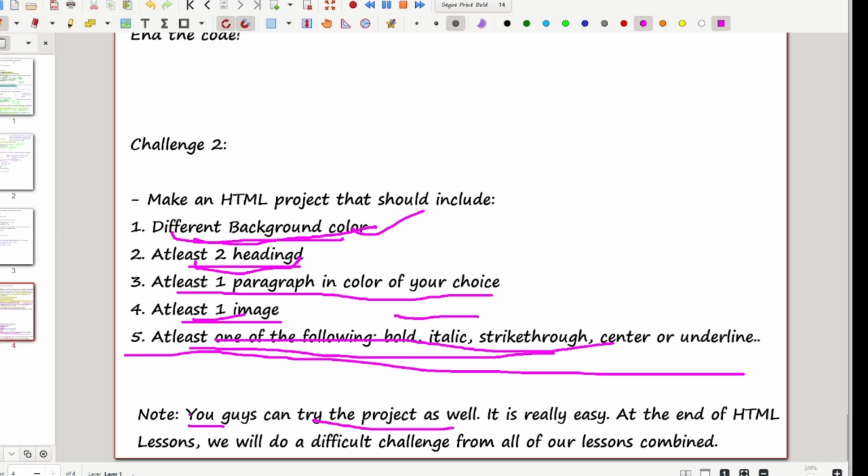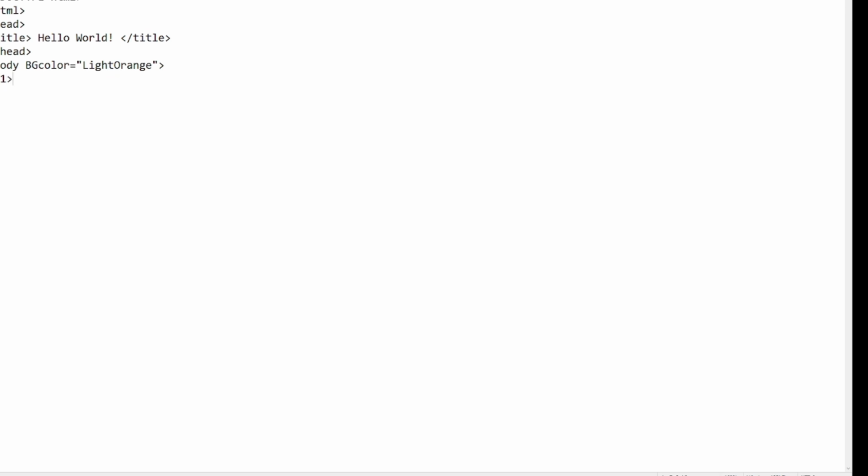italic. We will just fulfill this right away. H1 is going to be bold and italic, saying hello guys. Now I'm going to do another heading, because we need to fulfill the requirements, and it's going to be strike, because we didn't do it in the last challenge. So, hello guys,